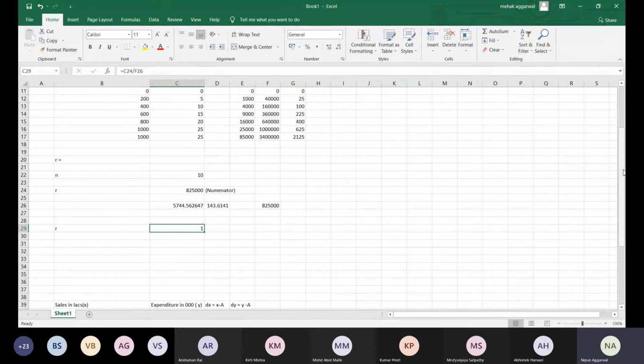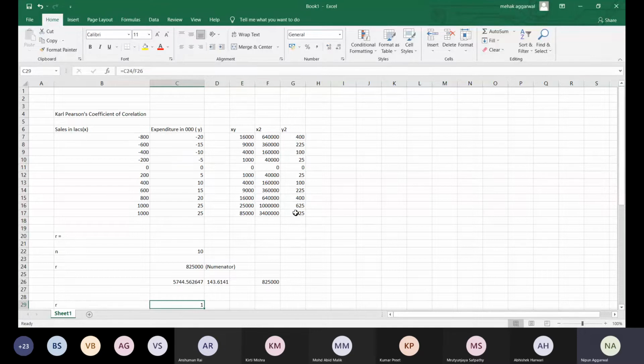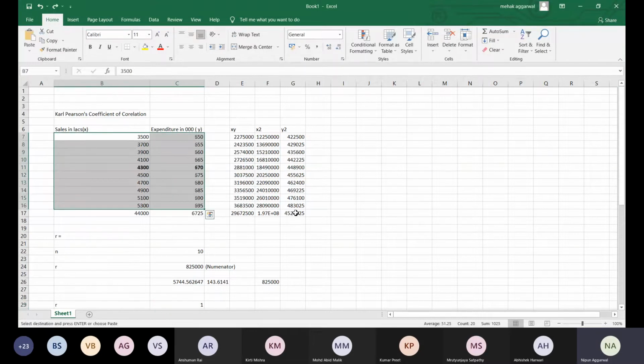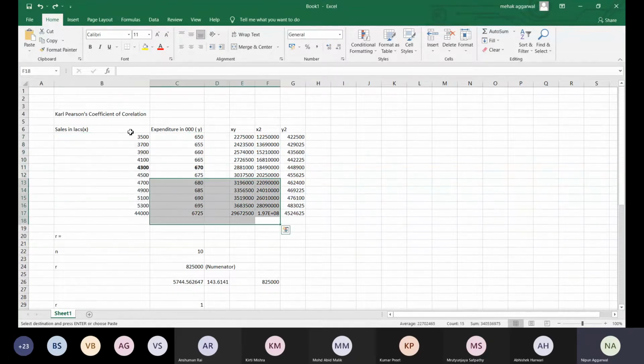Now if we look at the calculations, we have to do them ourselves, Excel is doing it for me, but otherwise it will be very easy to do the calculation now. 800 into -20, 16,000, 600 into -15, it is 9,000, and so on. So we can easily do the calculations manually now. But if it is done through the original, it will be very difficult. For example, in the initial case, these bigger calculations are very difficult. We have to do 3500 into 650, you need a calculator to calculate 2275000.